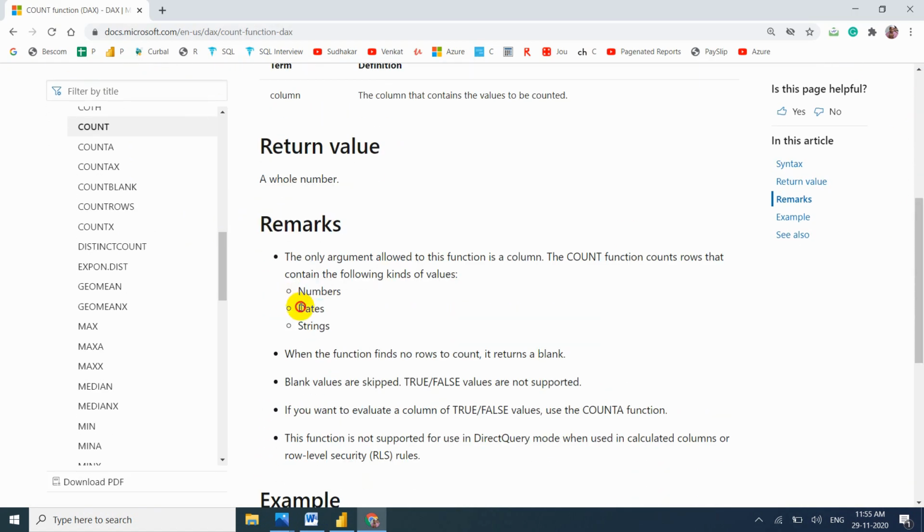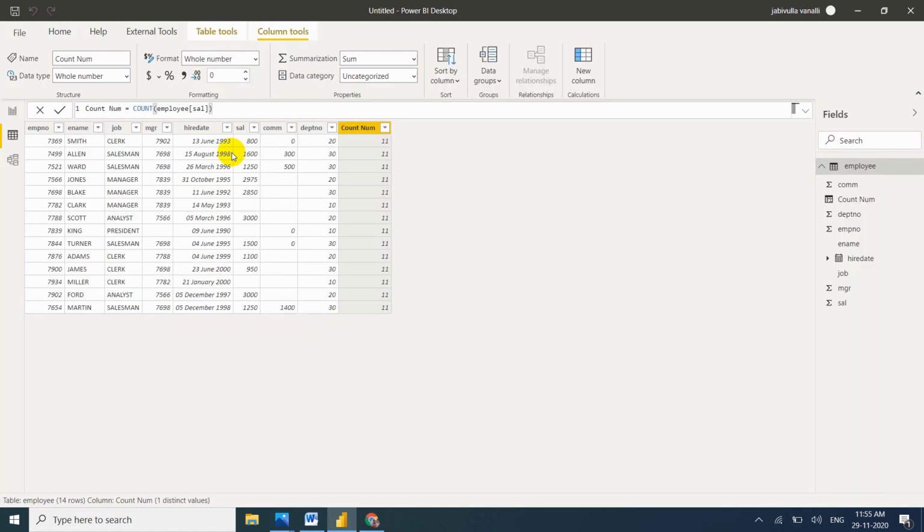And come to remarks. They are telling dates. So how is it useful in dates? This is the date column, right? I want to find how many rows are in the column. Right click, new measure.